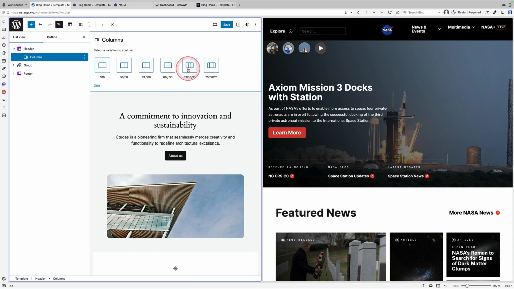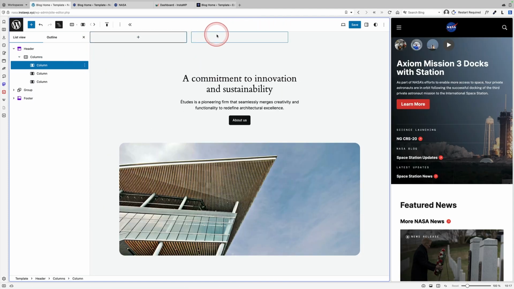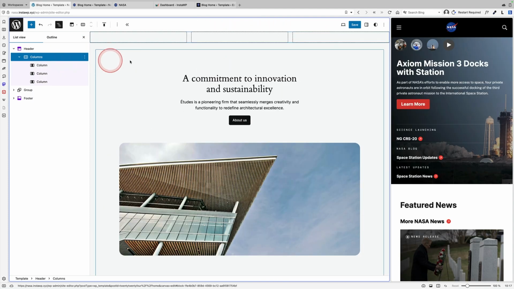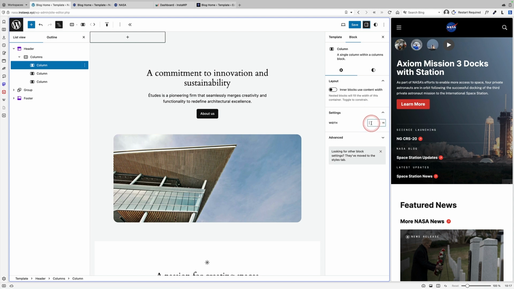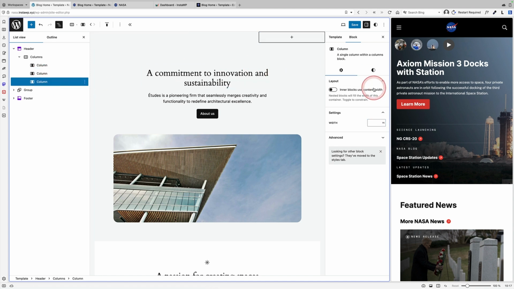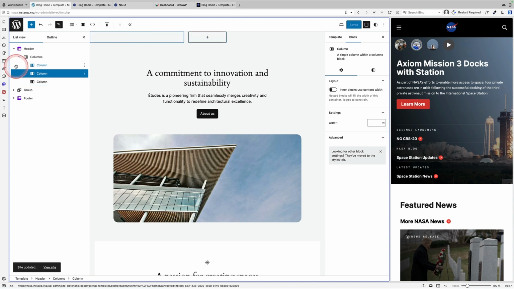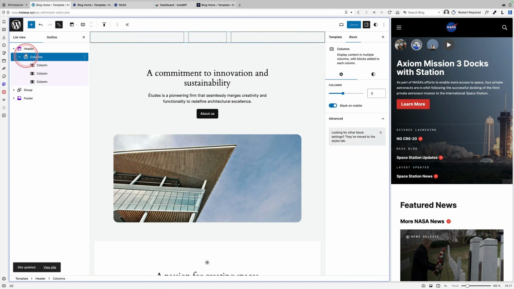Now I want 3 columns. I'm going to change the proportions though, because I want 3 columns with my logo in the middle, but I can change the width of each of these columns and the proportions. Now I think I probably want the first one to be, and I'm going to choose percentage over here on the right. So I selected the column, selected percent, and I'm going to say I want this to be 40%. And I think I'm going to do the same for the one over on the right. Let's change that to 40% as well. And now I can start to build out my NASA header.